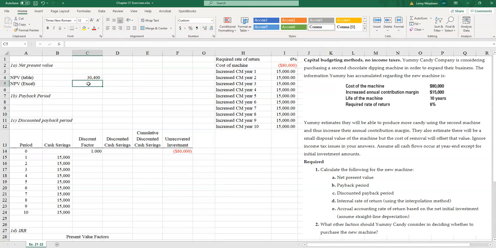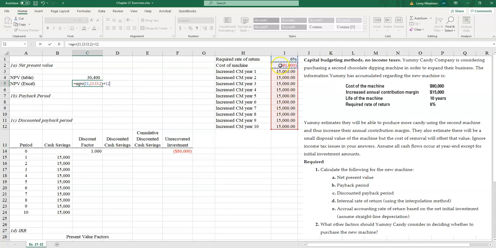Now, if I want to do it in Excel, I can do it pretty quickly. What I'm going to do is create my formula: equals NPV, parentheses, and then see the tooltips down here at the bottom, and it's going to tell you what you're looking for first. And the first thing we want to know is the rate. Now I can either type in 0.06, or I can have my table over here and click on the cell for 6% for my required rate of return, comma, and then I'm going to highlight these cash flows, the increase in contribution margin from year 1 to year 10, close my parentheses, and then add in my initial outflow,